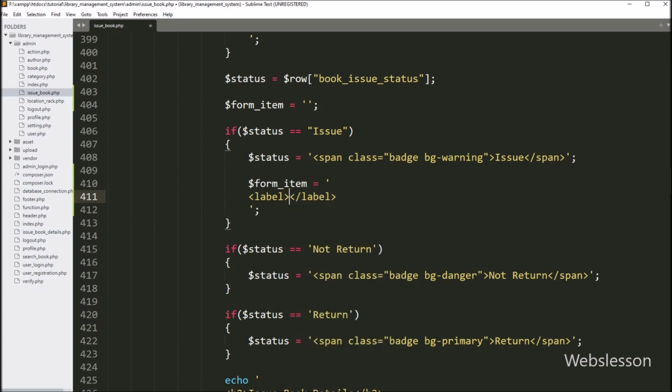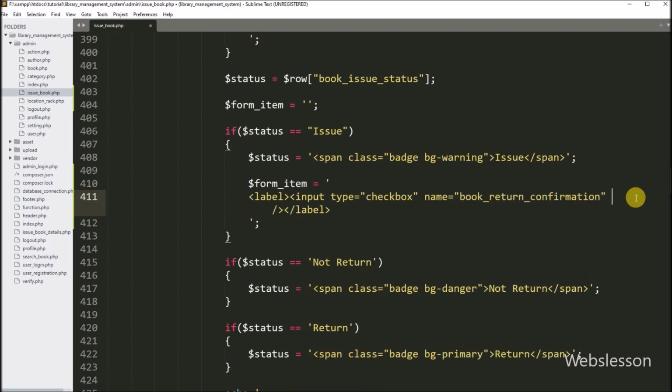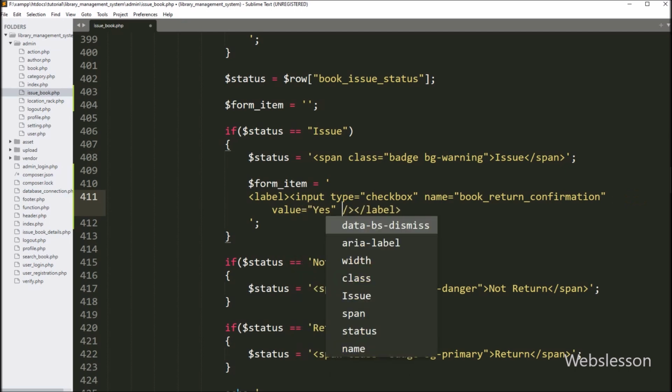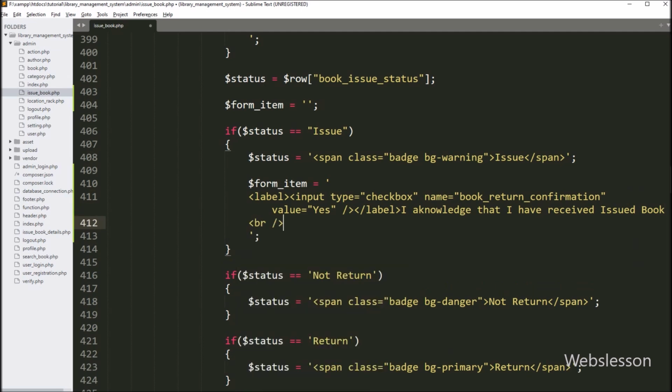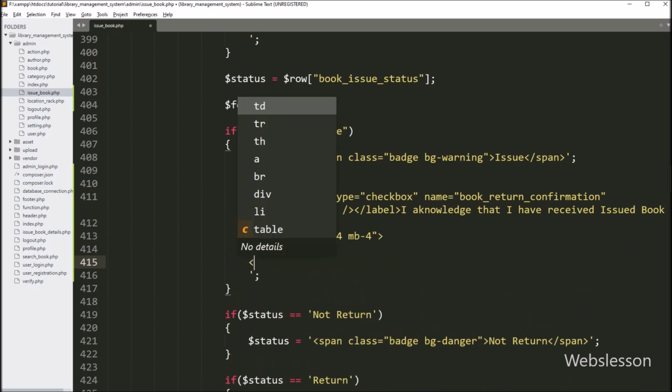Between this tag, we write input type is equal to checkbox, with name attribute equal to book_return_confirmation. In the value attribute, we write a value, and after this we write text like: I acknowledge that I have received the issued book. By checking this checkbox, the admin confirms that the admin has received the book from the user.